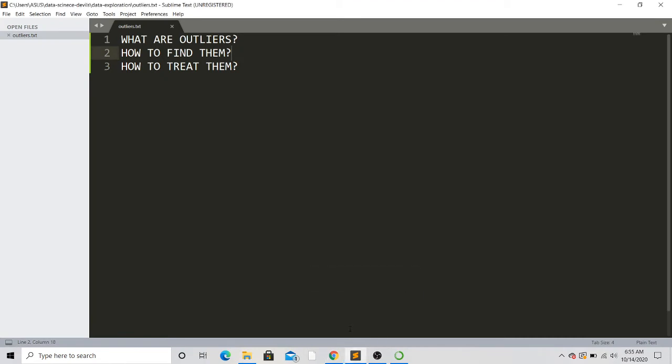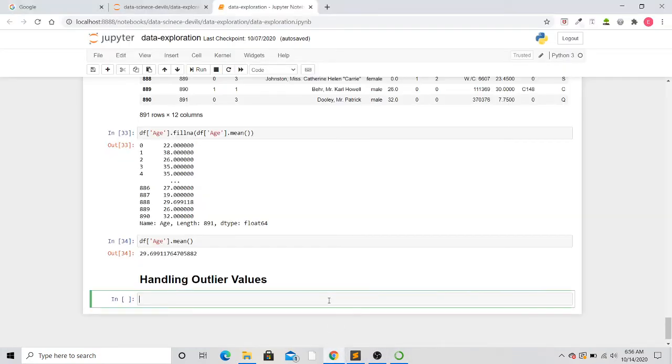There are two ways of finding outliers. One way is by plotting box plots, and one way is by plotting scatter plots. It doesn't contain any kind of difficult mathematics. It's very simple, and these plots are very easy to understand, and while coding I'll explain how to read them simultaneously. So df was my pandas object, and I'm planning to find outliers in my age column in the Titanic dataset.